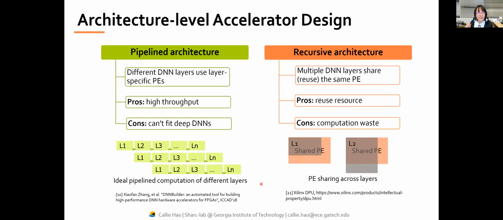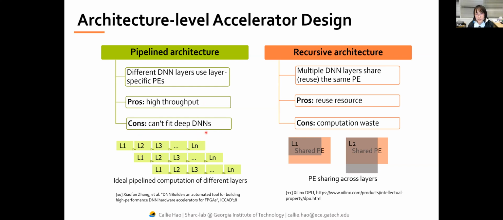And eventually we have this architecture level accelerator. I only give one very simple example. What are the design choices here? We have two choices. The first is a pipeline architecture, and the second is a recursive architecture. This is also very well known. For example, if you have a pipeline architecture, it means that different DNN layers will use layer-specific PEs, and for example, here, layer 1, 2, 3, and then these are different frames. So in this pipeline architecture, of course, the advantage is we have high throughput, but the disadvantage is